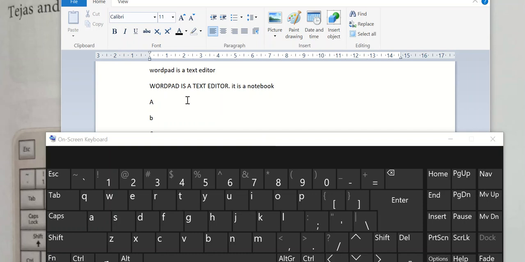Similarly, if I want to move it down to the capital T, then I will use the down arrow key and then the right arrow key to move to the T. So these are the navigation keys or the arrow keys. Navigation means to move here and there. So if we want the cursor to move anywhere inside the document, there we will use these arrow keys.